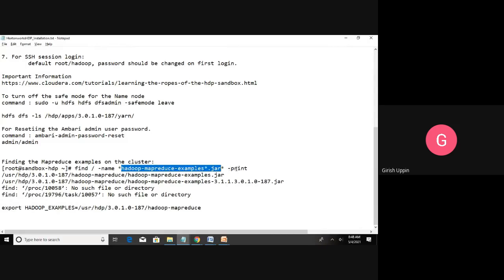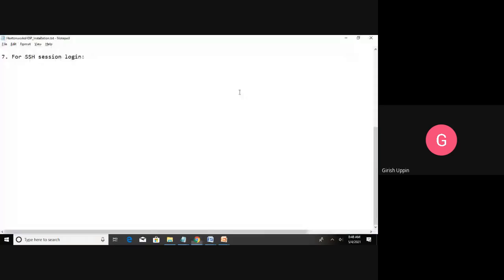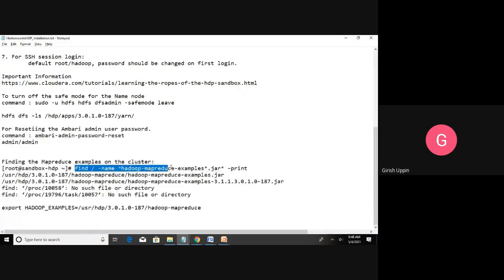On the shell itself where you made the connection, it will display. For example, this command is issued here on the command prompt, and you can see it has listed all the information available in the file system which has the name Hadoop MapReduce example.